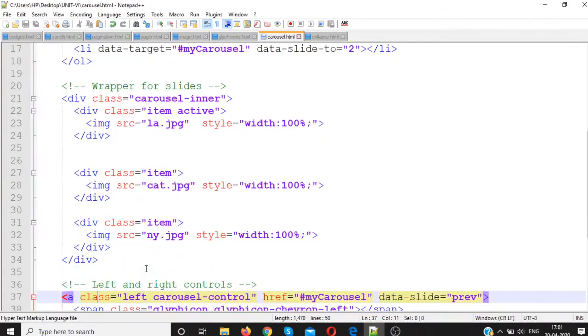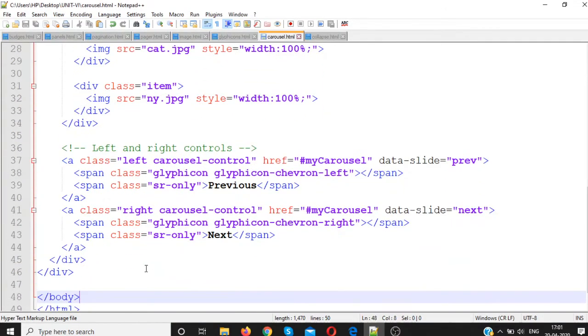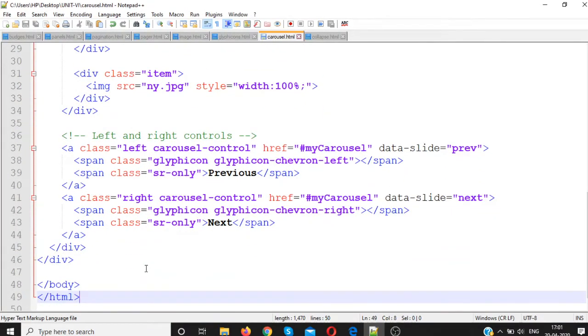Now we want to slide from left to right, so we have this code for the left and right buttons that allow the user to go back and forth between the slides manually. The data-slide attribute accepts the keywords previous and next, which alter the slide's position relative to its current position.